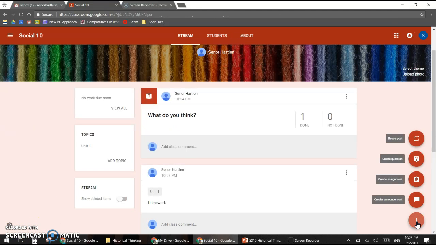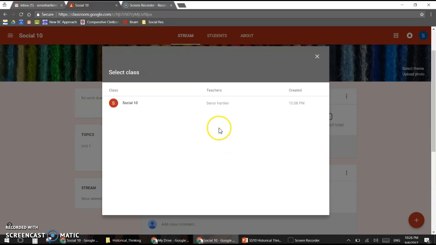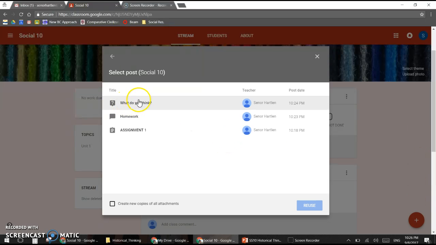Final element of the plus menu is just the reuse post. So if there's something you've done or you want to recycle the course from year to year, or if it's a similar type of assignment, you can reuse that at various different points without having to recreate the whole thing from scratch. And so you would just click this, and there's only one class, so I want to redo assignment 1,